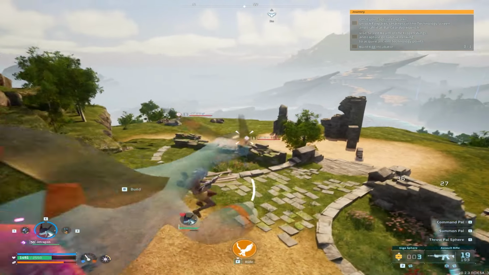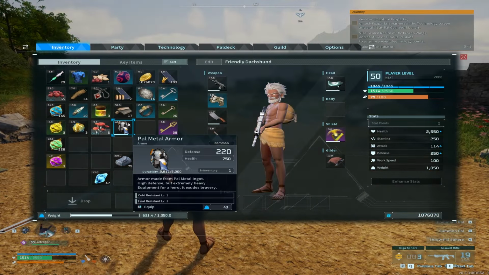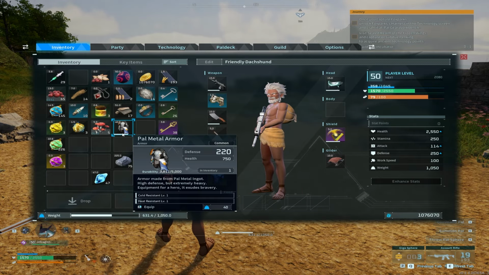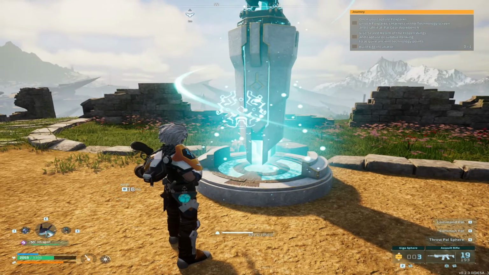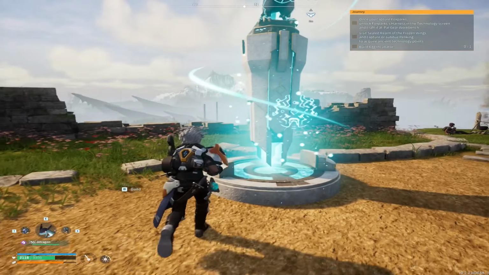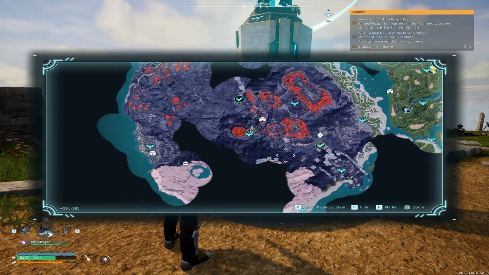The first method is better because you can actually catch the pal also. However, with this method, it's really good if you just want to kill the pal. So now let's go do the main event. Let's go see if with the wooden defensive wall method, we can actually catch Jetrion, because he's definitely the hardest